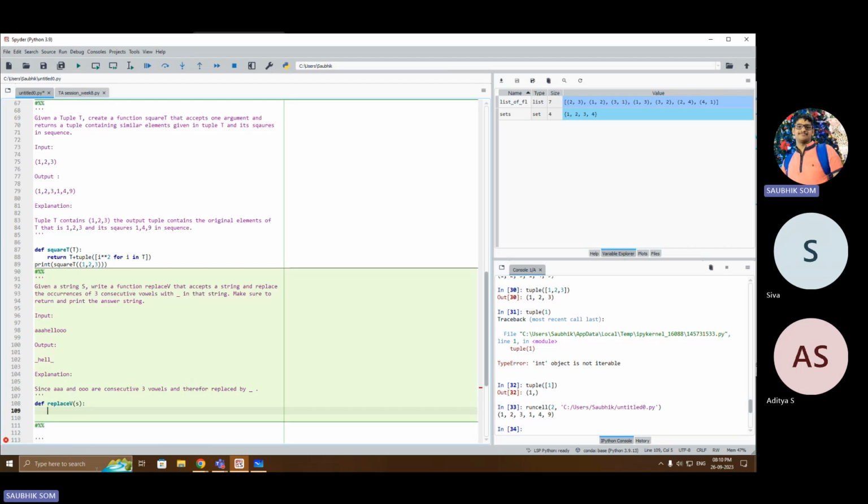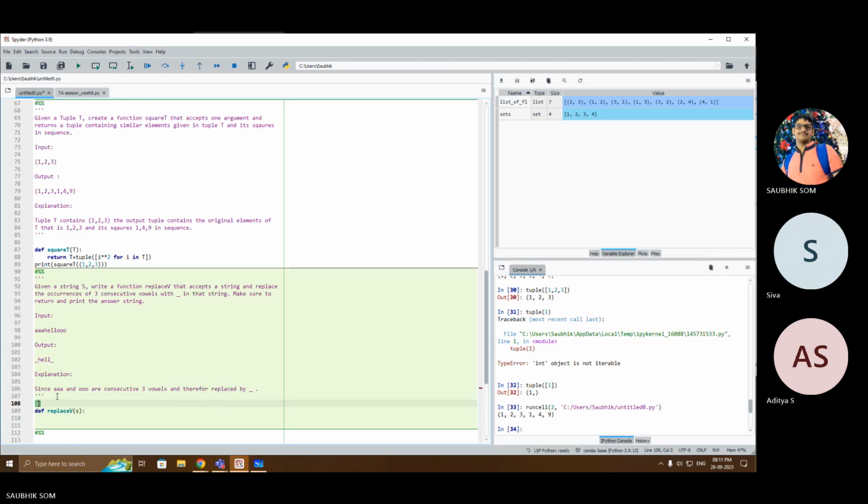What is replace V? Now it will get me a string. So first of all, I will define the vowels, so that we can define it outside. So vowels, sorry, vowels is equal to